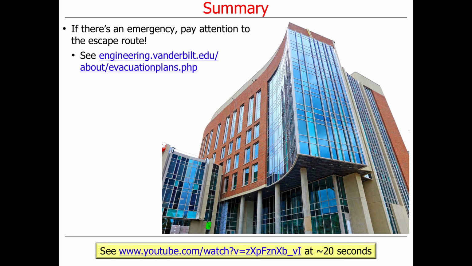And if for some reason something goes wrong, we are obliged to tell you about the evacuation plan. You can go here and find it. The thing to do is walk out the door and go up the stairs and go outside. And if you want to amuse yourself, you could watch this YouTube clip, which is from the movie Airplane. You ever see the movie Airplane, which is a great movie? The stewardess comes in, she says, "I don't want to panic anyone, but does anybody here know how to fly an airplane?" And they all freak out. So that's what we do in the evacuation plan. We all freak out. Okay, so that is the end of the